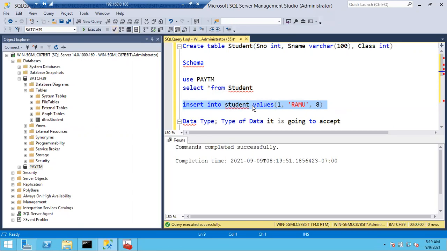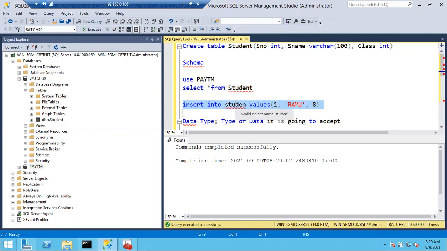Say for example, I just removed this T here. Now if I execute, will it show an error or command completed successfully? It shows error. Yes. So the parse button will simply check whether your syntax is correct or not.